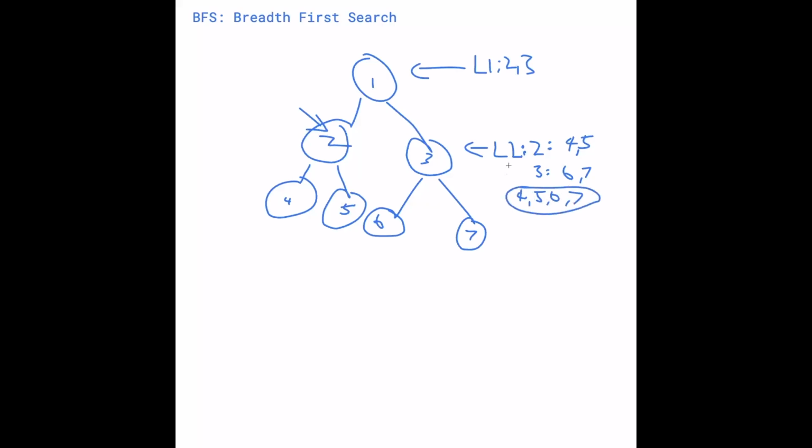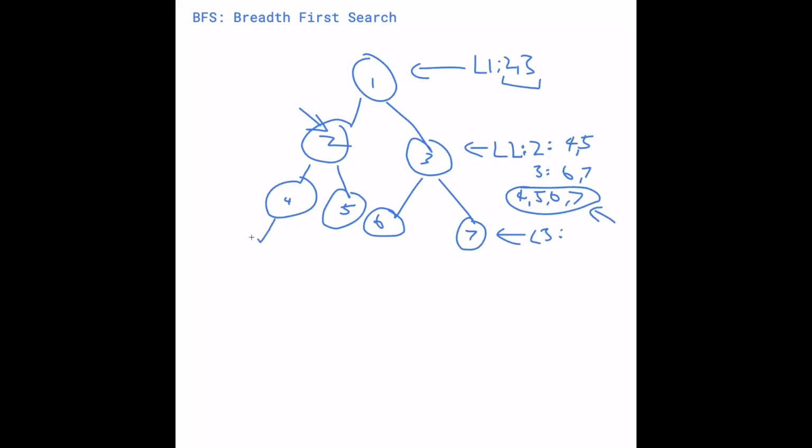And basically what we're doing is that for each node in the level, which we get from the previous level, we loop through, or we find all the connected nodes of each node in this level. In this case, the nodes in this level are 2 and 3, so we find all the connected nodes to 2 and 3, which are 4, 5, 6, and 7. And then we can store these nodes so that when we go to level 3, all we have to do is access what we have here, and then we can